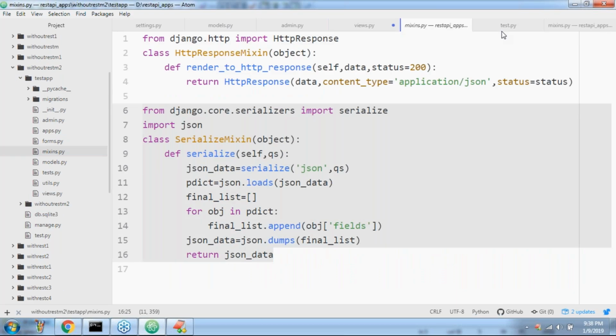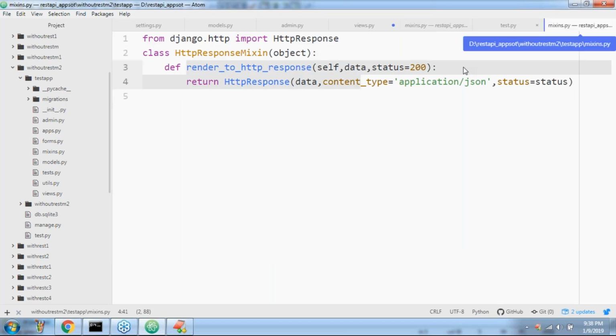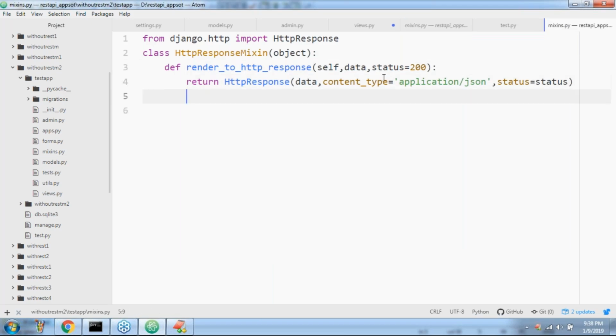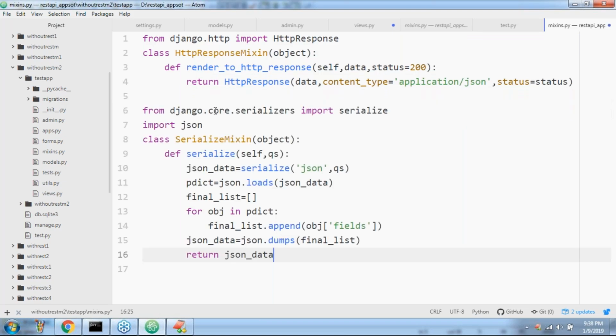Here, I'm taking one more mixin, sir. Have a look once. From django.core.serializers import serialize. Okay, import the JSON serialize mixin. json_data is equal to serialize of json, the queryset. It is a list of objects, sir, the queryset.